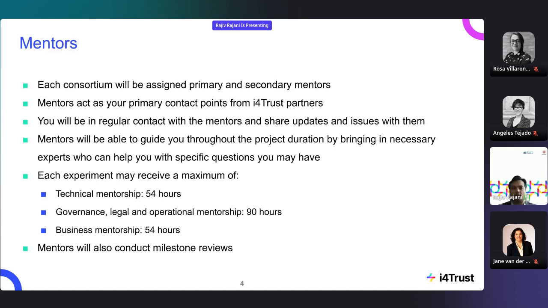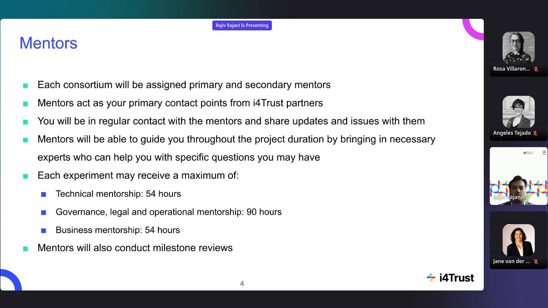And these three together are your regular mentors, your initial contact points from iFortrust core partners, with whom you have a regular touch point, and you can interact with them and share your challenges and feedback, so that they can help you in finding the right solution, even by means of connecting you to specific topic experts if that's necessary.